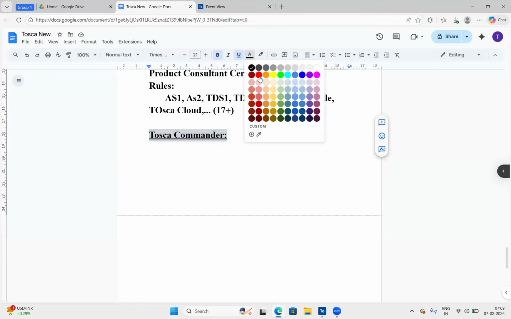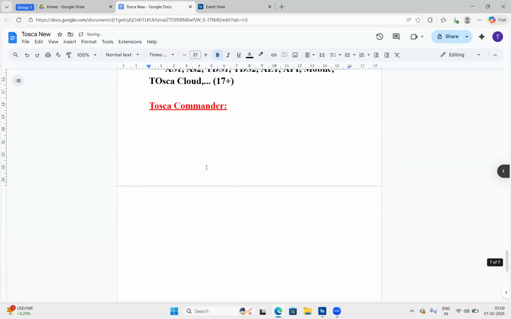I'll just give you a quick introduction about this Tosca Commander. Initially, we'll start running on Tosca Commander. Okay. This is Tosca Commander. So how to do the installation? First point, install Tosca 2025.1 version. This is the very latest version of Tricentis Tosca. So you'll get training on this particular version only. So how to install, Anusha? We don't know, right? So no need to worry.